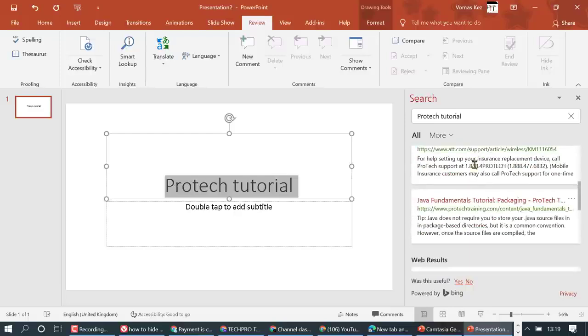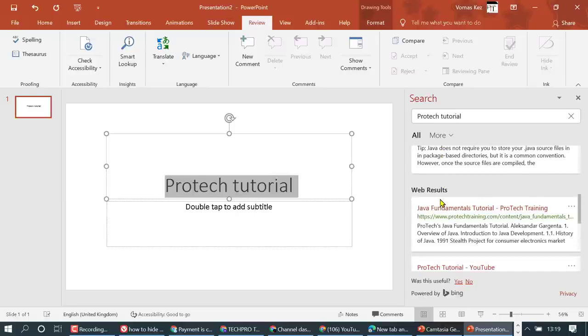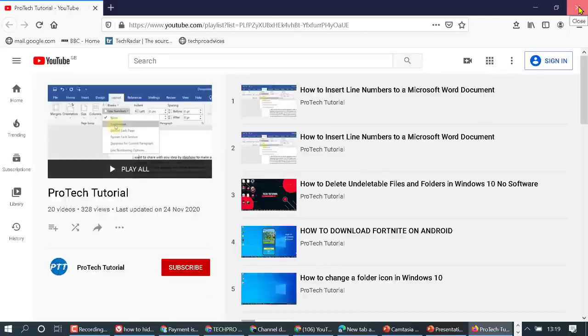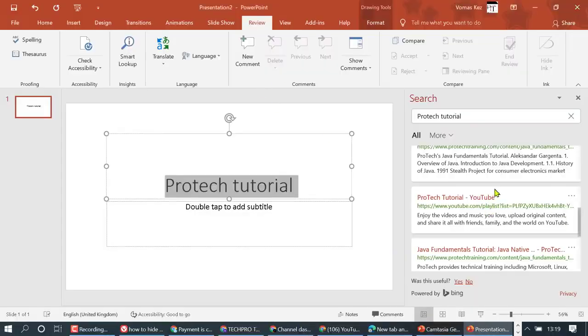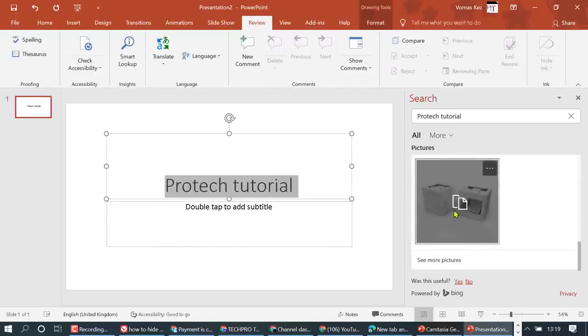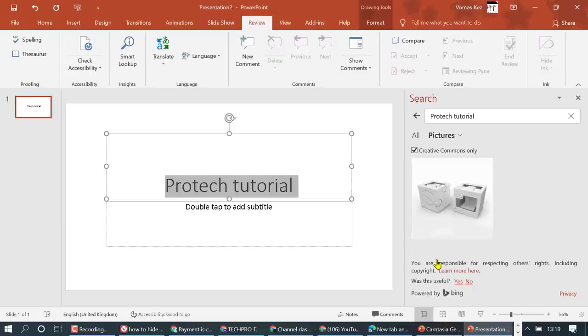There are other sites and web results. You want to open that, so click, a new web page will open, and it will redirect you to that particular definition or something you found, like this. So it's actually a playlist URL. You will see the picture, see more pictures,